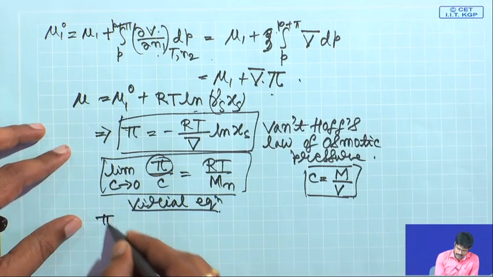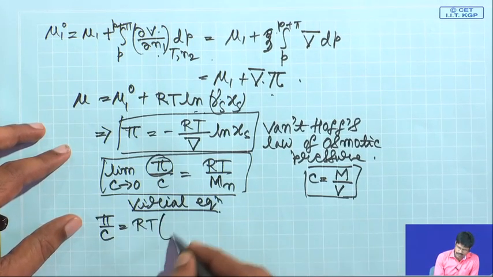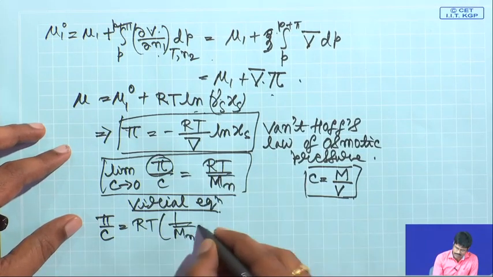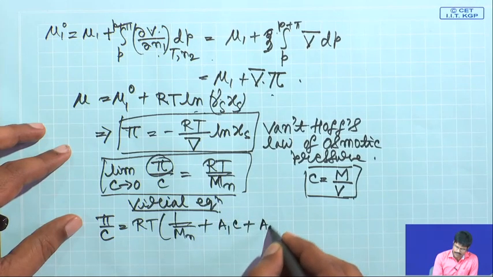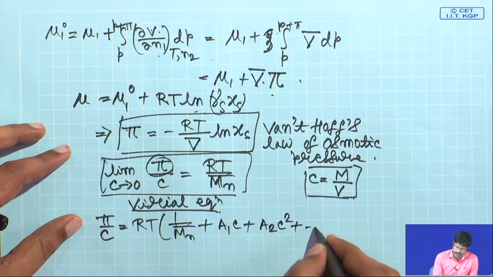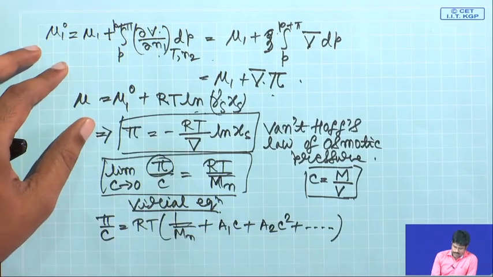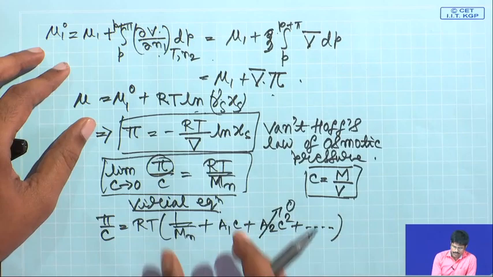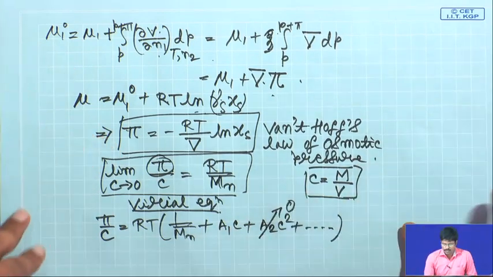and that will be something like this. In a power series we express it like this, 1 by RT into 1 by Mn bar, and then some constant into concentration plus some constant into concentration square, and so on and so forth. Now, since your concentration is very small, some of these terms will tend to 0. So only these two terms you take, and what you do is,